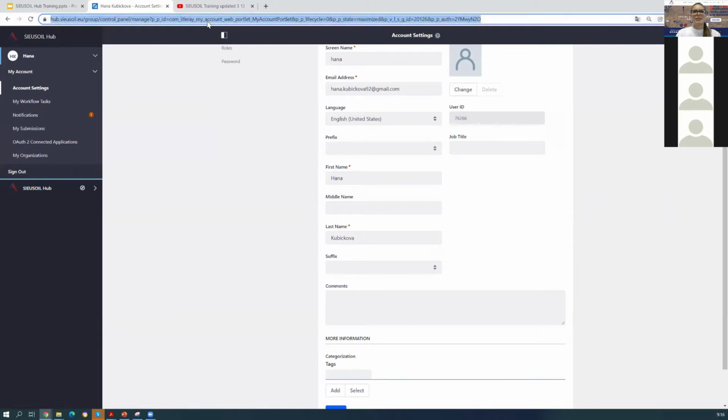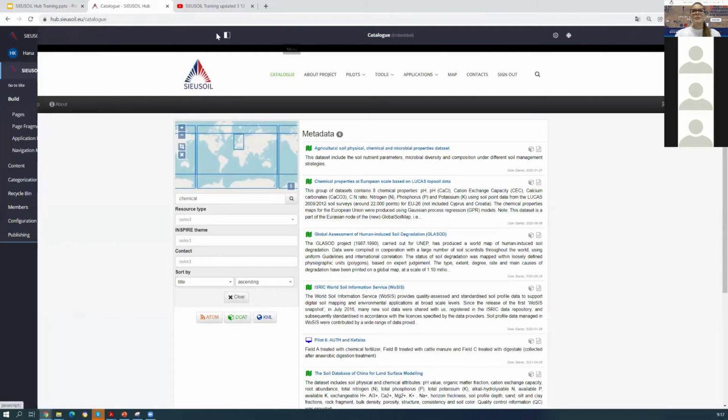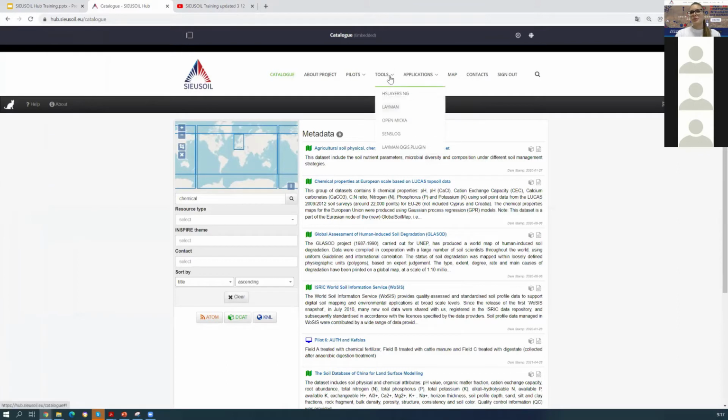Okay, let's go back to the SIEUSOIL Hub. In the main menu, you can also see tools and applications that are available at the SIEUSOIL Hub. About the tools, we will speak a little bit later. And now I want to show you a map.